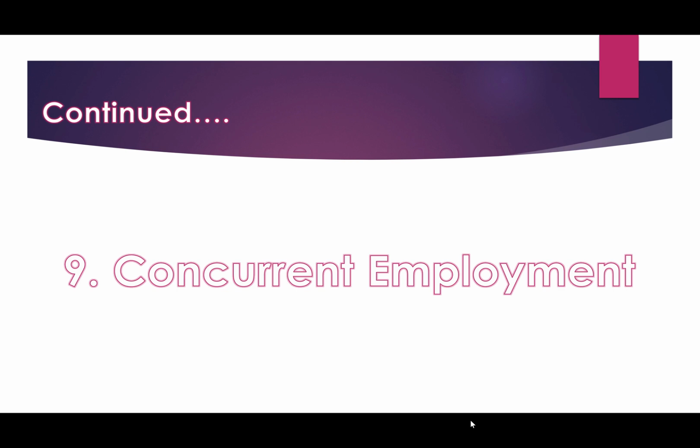Moving on to concurrent employment. Concurrent employment can be created for an employee by creating one or more secondary employments for an employee. It is created for employees who already have a main employment. When employees have multiple employments, only one of them is classified as the main employment and the rest are classified as secondary employment. Main employment can be changed to a secondary employment and vice versa if need be.